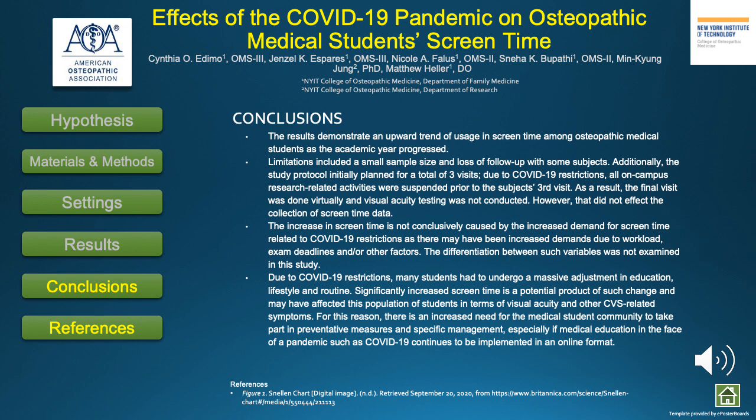For this reason, there's an increased need for the medical student community to take part in preventative measures and specific management, especially if medical education in the face of a pandemic such as COVID-19 continues to be implemented in an